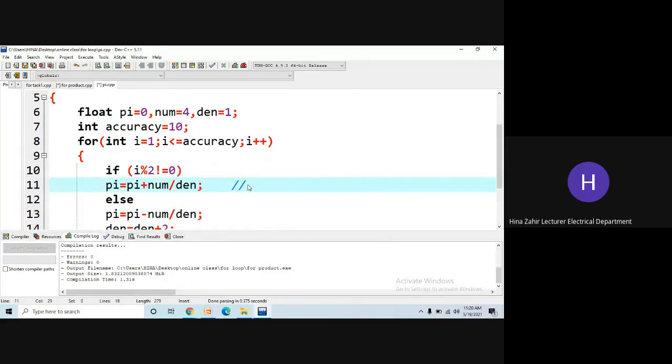The loop variable I is going to be helpful for the plus and minus alternating values. So let's see how. If you look at the series, it is pi is equal to pi plus numerator num by denominator. So pi is 0. You see 0 plus 4 by 1. That is easy. But the next time it is minus, and so on, then plus, then minus.